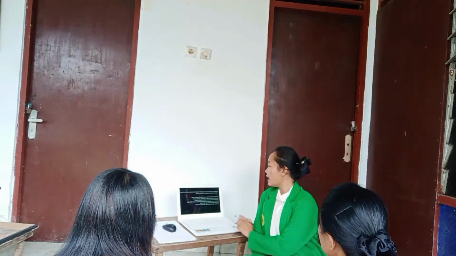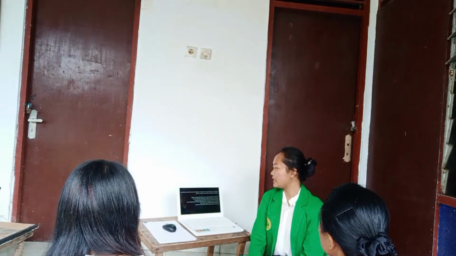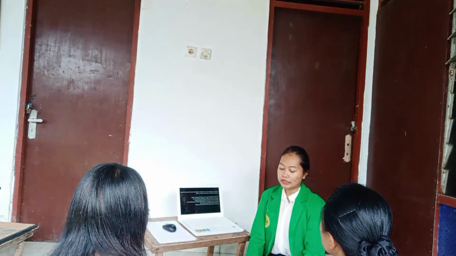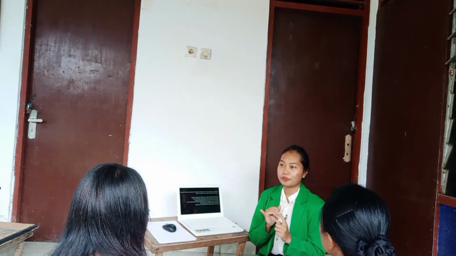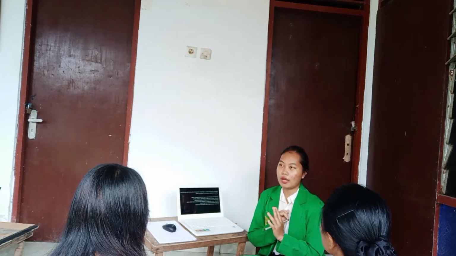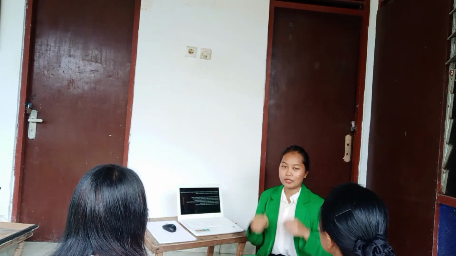And the second is text that shows how to perform a certain activity. For example, rules for playing games, scientific experiments, and road safety rules. I will take the example of road safety rules. When you drive a car, the important thing you need to use is your safety belt first, and you need to have a driver's license.